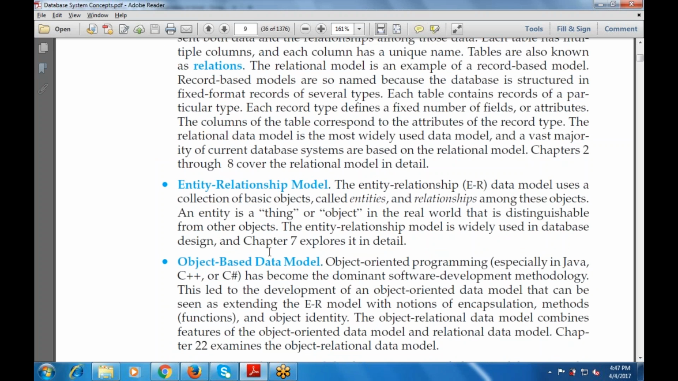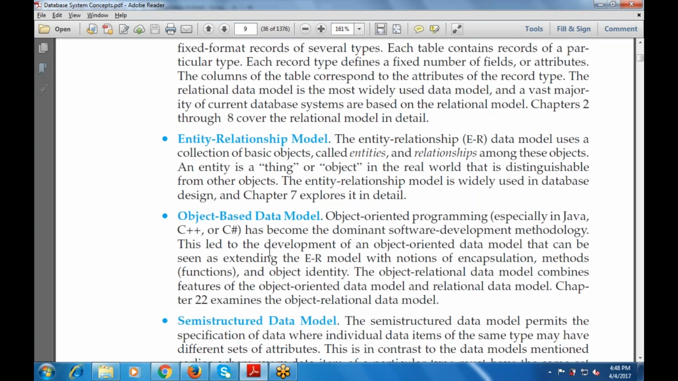Then the entity-relationship model, the ER model, uses a collection of basic concepts known as entities and relationships among these objects. An entity is a thing or object in the real world that is distinguishable from other objects. The next one is the object-oriented or object-based data model. C++ and Java became dominant in software development methodology, and this led to the development of object-oriented features, which can be seen as extending the ER model with the notions of encapsulation, methods, and object identity. Then the semi-structured data model,